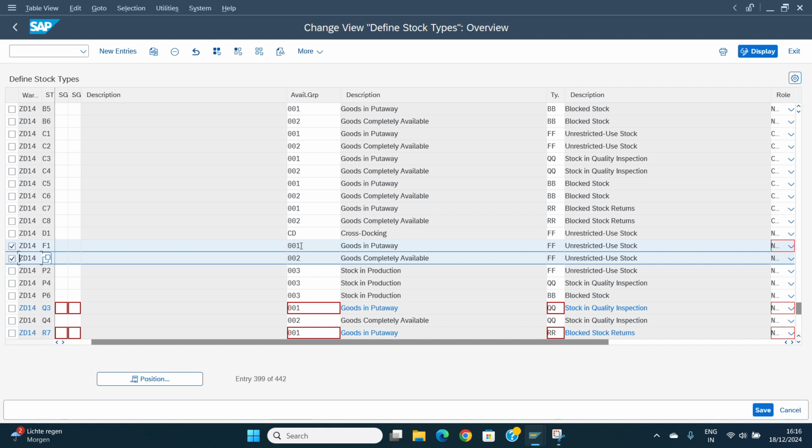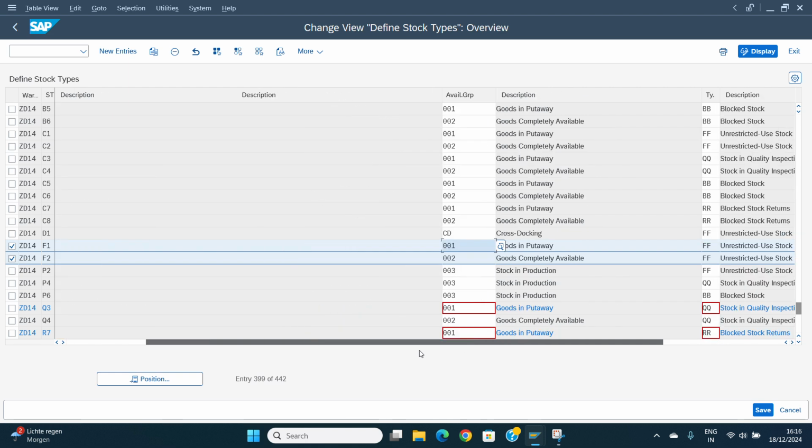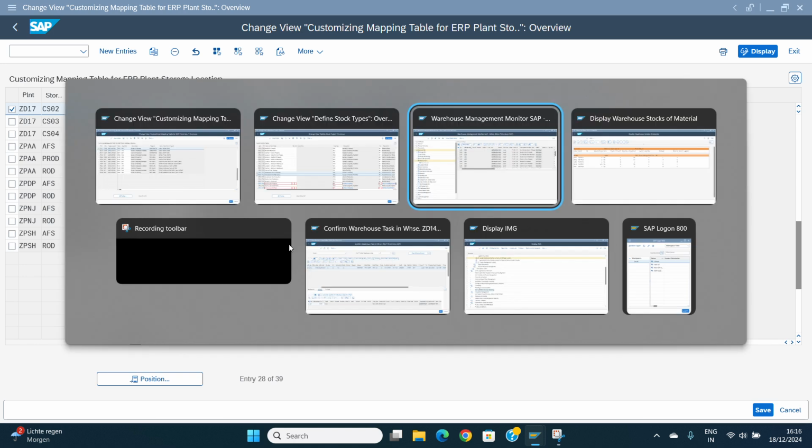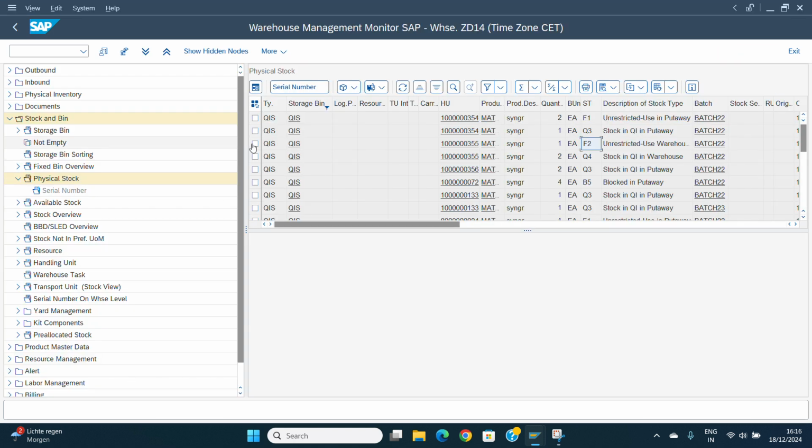So this is what it means. And like I said earlier, each storage location has those fixed stock types, and exactly those stock types are mimicked in EWM. Within EWM, we'll get to see other stock types as well, as we saw in the drop down, but we are going to talk about them later. Now we will try to change the stock type in EWM, and that will result in the transfer posting at S4 level